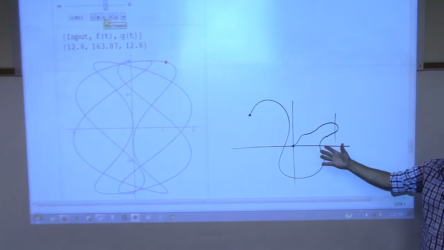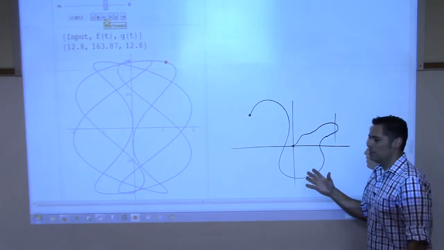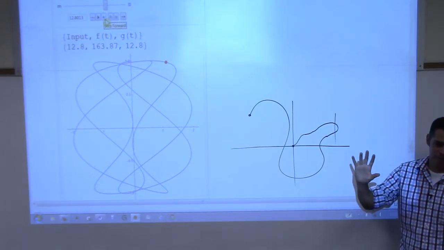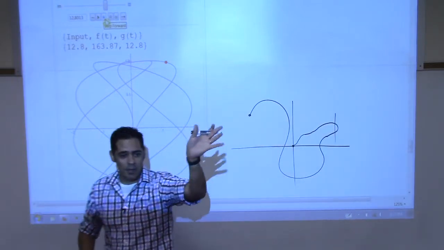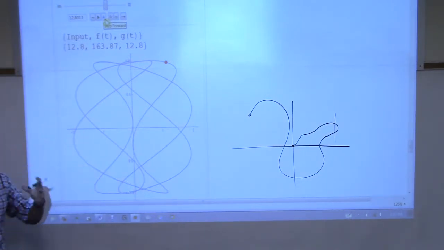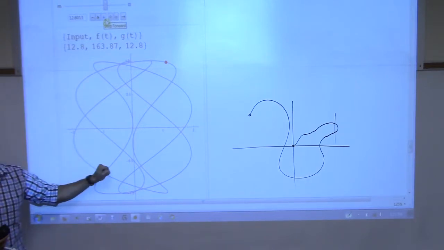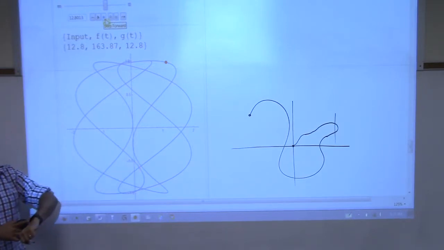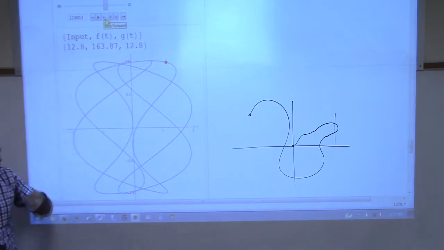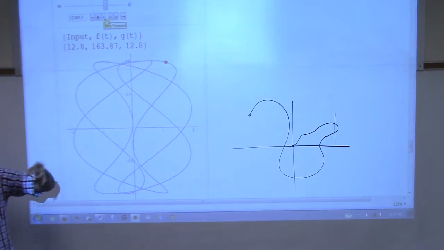Yeah? That seems useful. What would be even more useful is if this was three-dimensional, right? Because if this bug was allowed to maybe fly through the room, then we're starting to get into real-world type stuff, right? We live in 3D. So in Cal 3, that's what we do. We have parametric equations in Cal 3 where we have not only an x and a y, but we also have a z. And each of those coordinates is dictated by some time function, and we have some path,